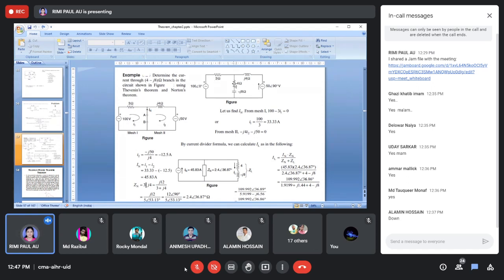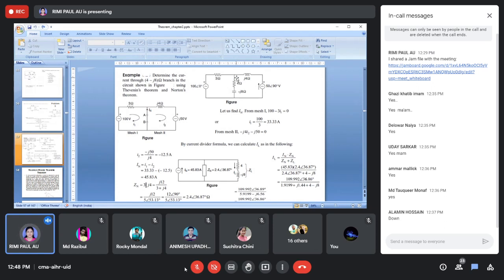This will be a parallel, because initially we opened. Remember, first the step is that this branch impedance will be opened, right? Second step, seeing from this side, what is the Norton's equivalent impedance. So first open it, then find out the Norton's equivalent impedance. Then short circuit the path and find out what ISC is.